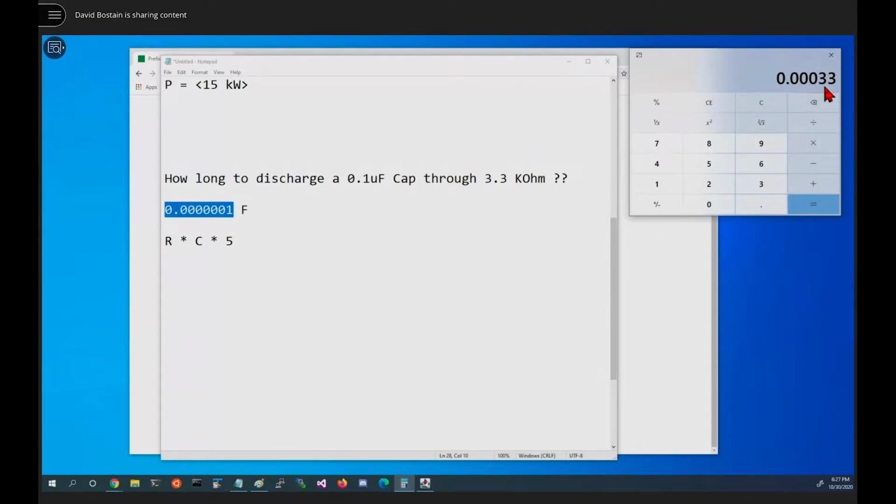And the answer we get is for one time constant. If I ask you what the time constant is, you wouldn't have to do times 5. You'd simply give me this number, represented in seconds. And how many seconds is that using our method of engineering notation? 330 microseconds. That's exactly right. And so we're going to take this times 5. And this is our answer.